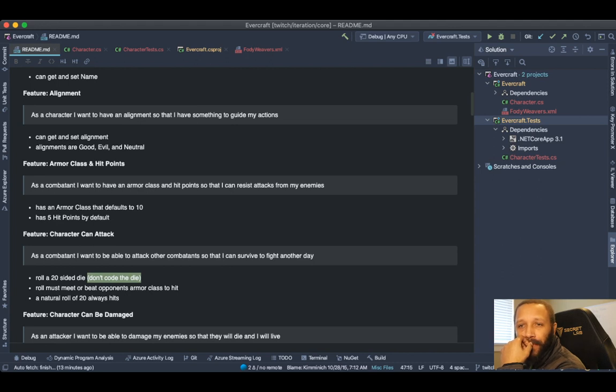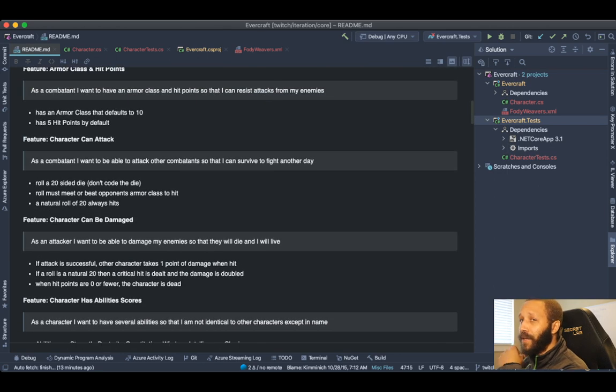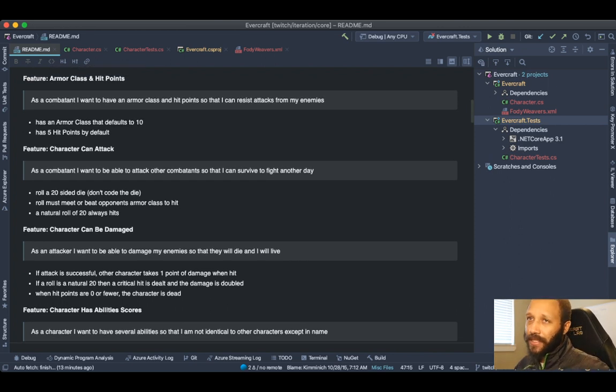So I looked at this from the perspective of, it's not that a character can be attacked, right? Let's take a step back and talk about the domain for a second. I am a character. I am Bishop Magic, and I can always be attacked, right? Like the ninjas could jump out of the ceiling at any given time. They can attack me, right? So it's really not can I be attacked? It's whether or not your attack